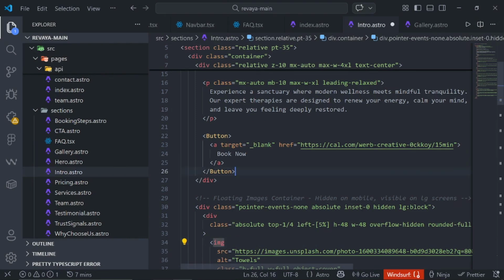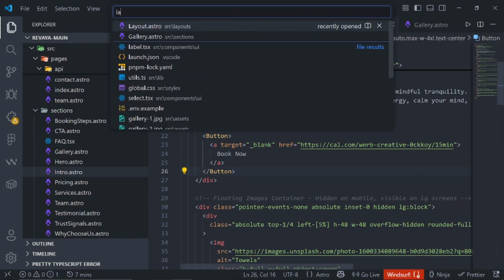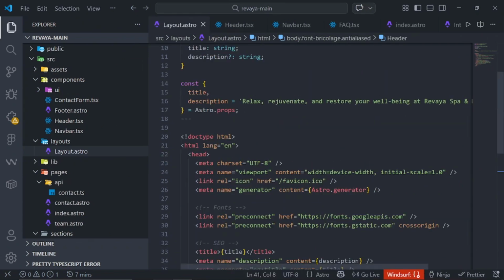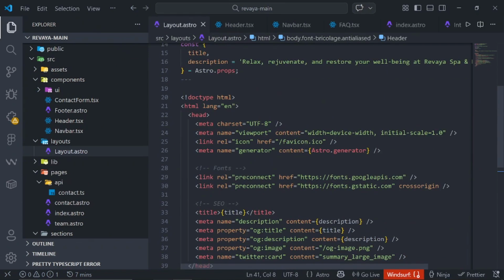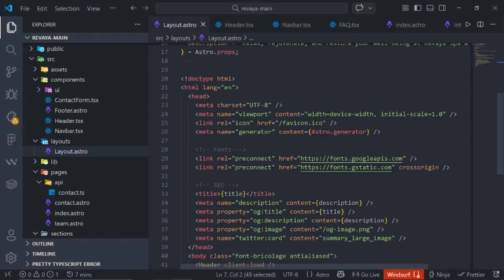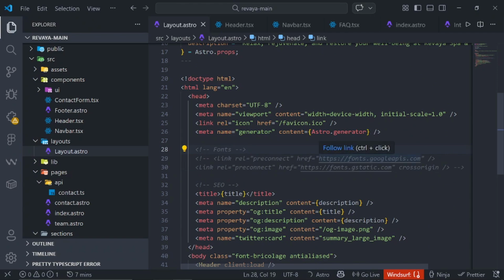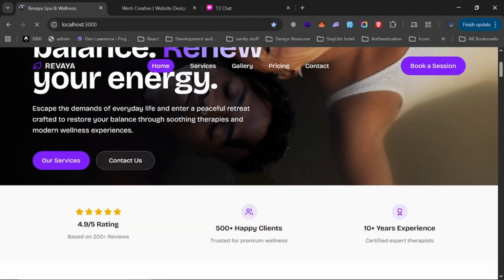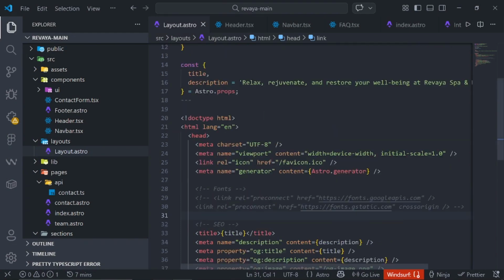So if you don't like the font that came with it, this current one is called, let me go back. So if I go to, let me save this file. So if I go to layout, you will see the name. I think it's called Bricolage, this one right here. And I just noticed that maybe it was the AI that added this. We don't need this one. So if I comment it out, just watch. So you can choose to comment it out. This one is just coming from Google's font, but I don't want you to use this one. You see that it's still working because we're not using this one. We're using the one from